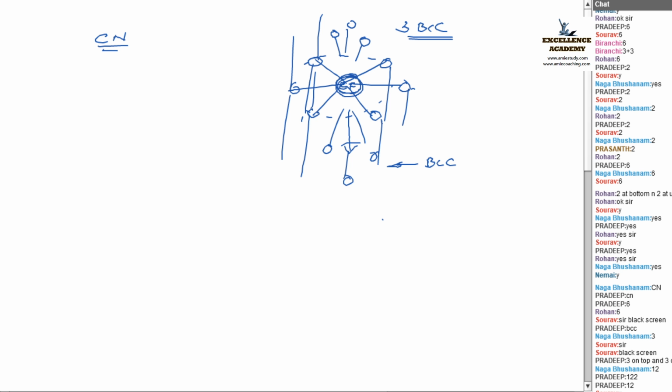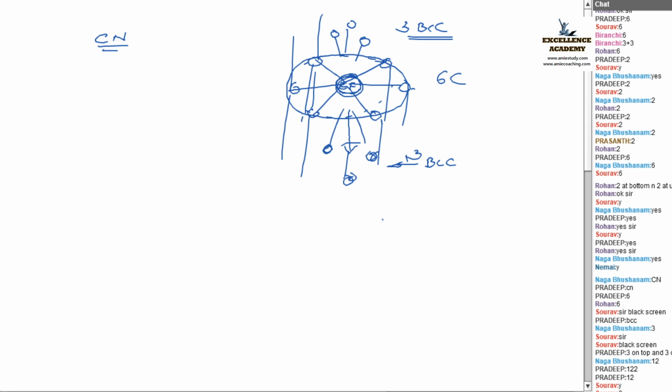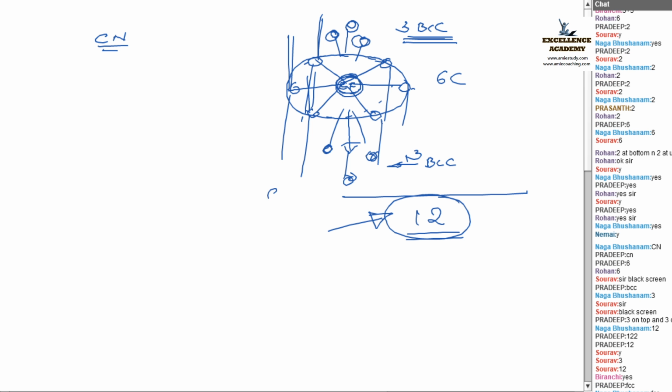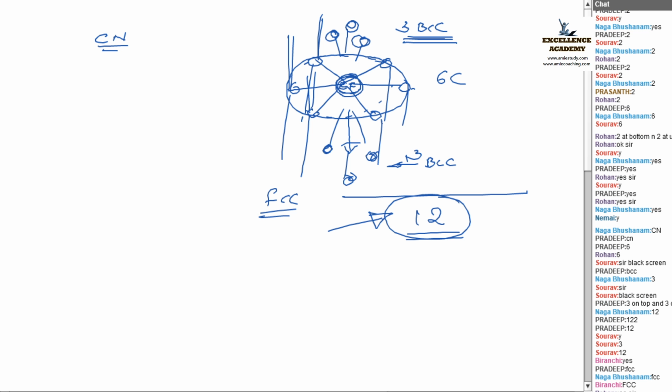Okay. See here, one end face atom is there. On the same plane, 6 corner atoms are there. Fine. Towards the bottom, how many body-centered atoms? 3 body-centered atoms are there. Okay. It is not over, because we have to consider the second unit cell also. How many body-centered atoms? Yes, 3 body-centered atoms. So total count is how much? 3 plus 6 plus 3, 12. Have you seen this value anywhere? Yeah, for the FCC also the same number, right?